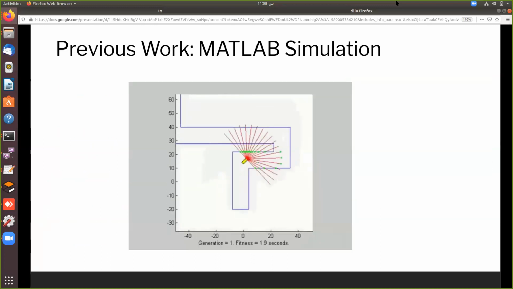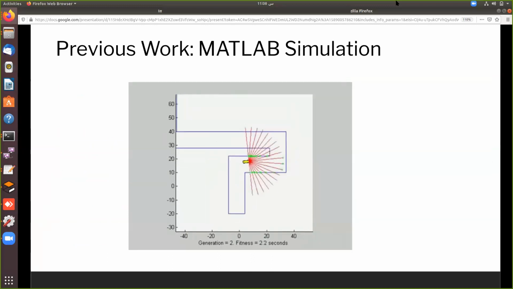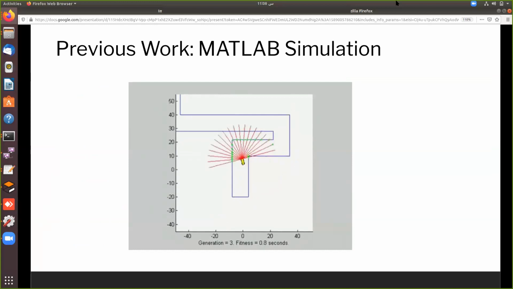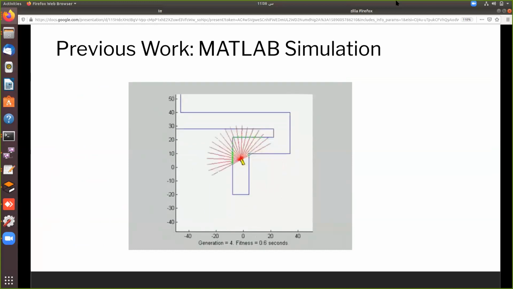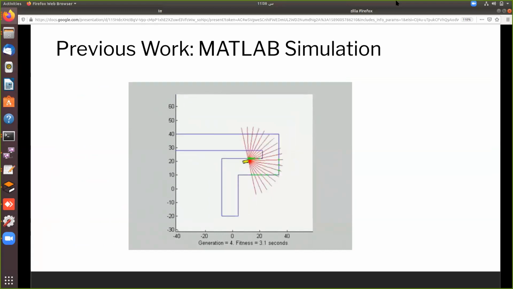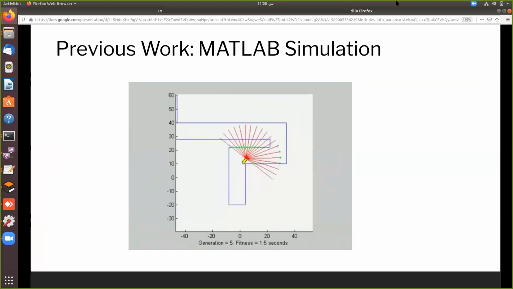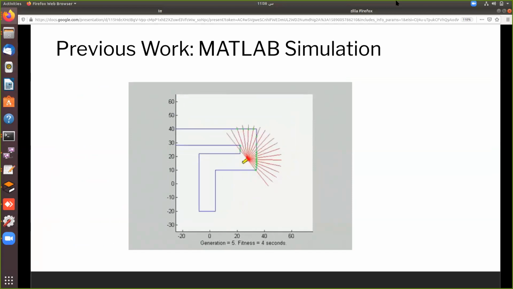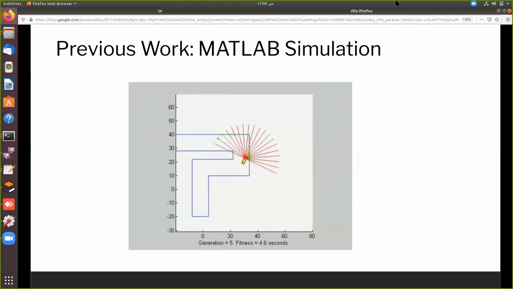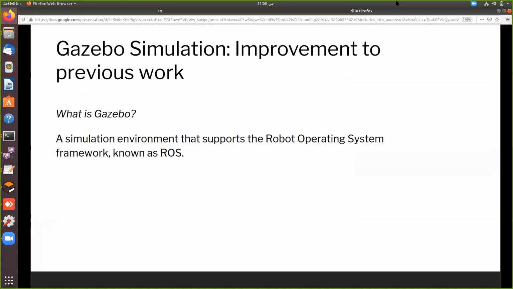Previous work in this area involves training the model on a MATLAB simulation shown. However, this 2D simulation is not very realistic and does not simulate the real-world environment in the best manner. So we worked on improving this simulation using Gazebo, which is a simulation environment that supports the robot operating system